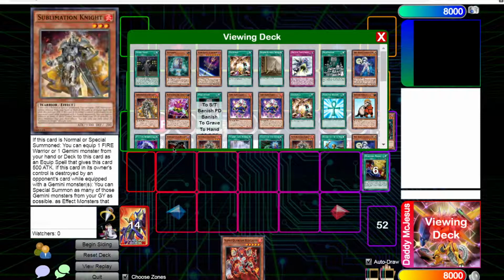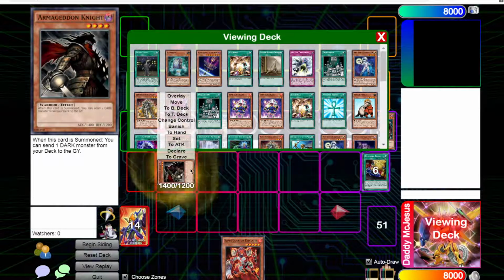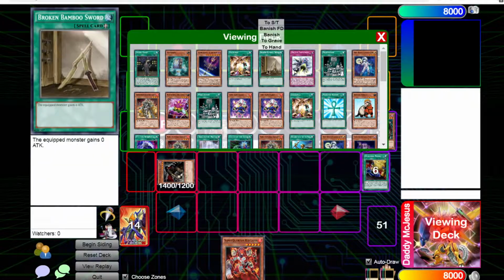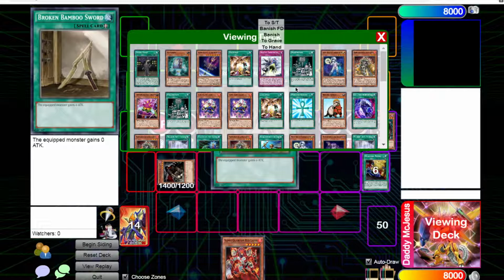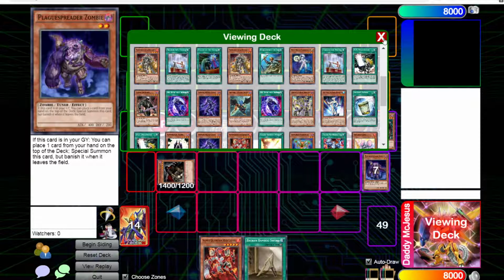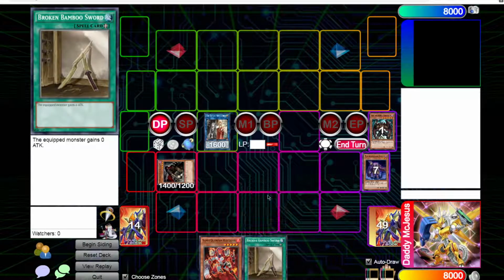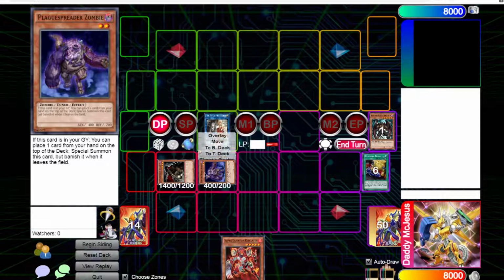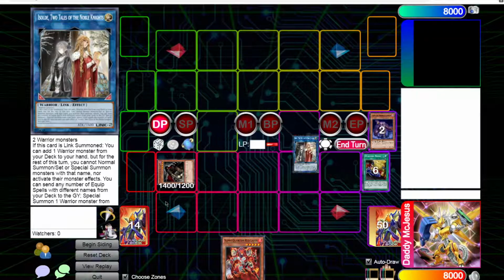I usually go for Overdone. And then you summon Armonite. You proc Armonite and Bamboo Sword. You chain them so that they can't Ash the Armonite, obviously. You add the Bamboo Sword and you send Plague Spreader Zombie. Then you Plague Spreader. Put back the Bamboo Sword that you added. Real neat. Then you link